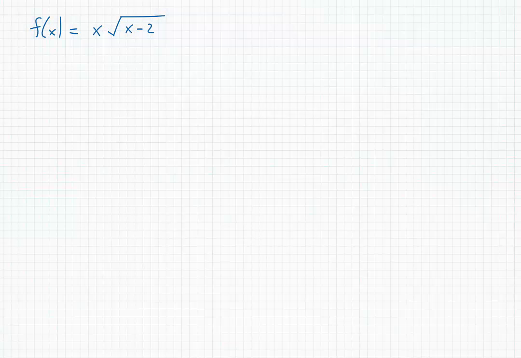Here's an example of a place where we're going to use a chain rule, but we're going to use it as part of the process of completing a product rule. So we have the function f of x is equal to x times the square root of x minus 2, which we should first think to rewrite as x times (x minus 2) to the 1/2. And we should recognize that as a product. So that's the first thing that we should notice, and that tells us that we should start by using a